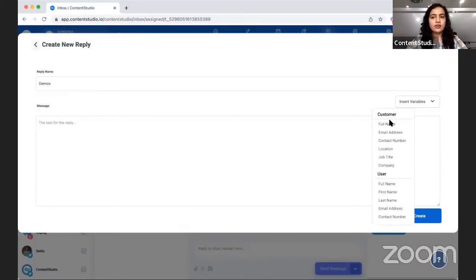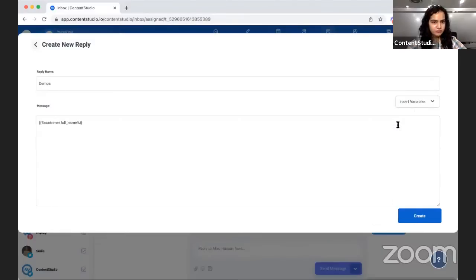Let's open it. Right here, we've got the customers option and the user option. The user is you, the one sitting behind the ContentStudio app, addressing all of your different users. And the customer is the one that has messaged you. So if I want to address the customer, I can select the full name right here. It's going to tag Afaq, who I'm messaging right now. And then I'm going to tell him